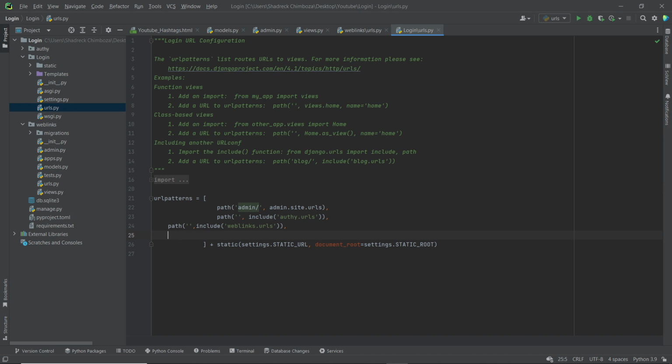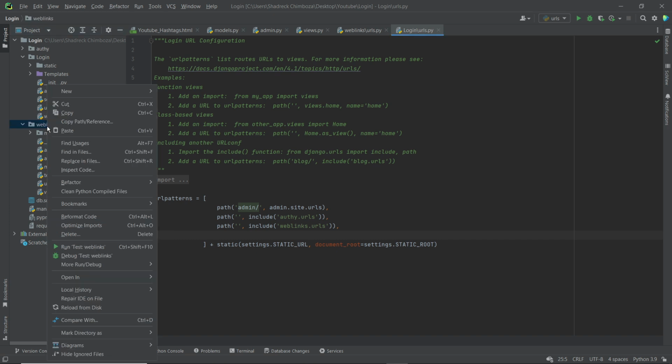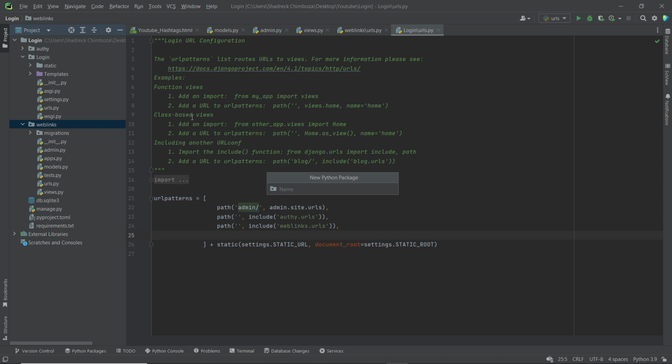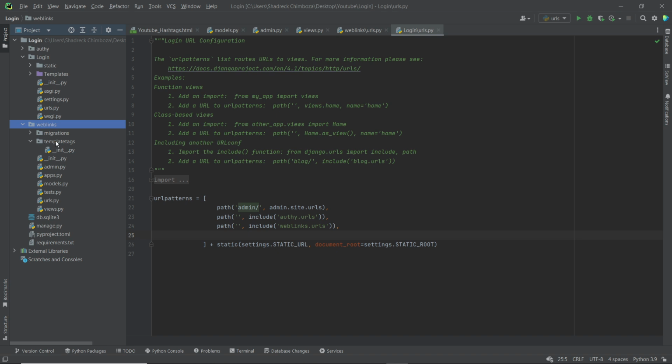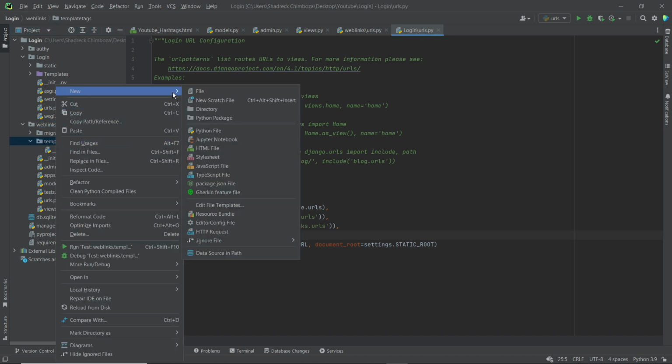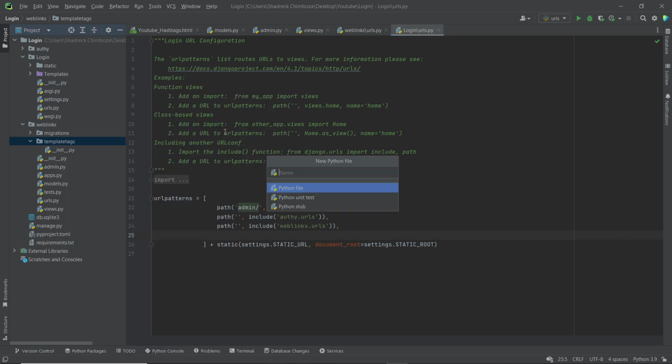After we've created our URLs, we move on to the gist of this video, which is creating custom template tags. That's how clickable hashtags are achieved. First thing we want to do is create a Python package in our app, and name it templatetags. Point of note, it should be templatetags, otherwise Django won't be able to recognize it. After we create the Python package, we create a new Python file in the package and name it extra. You can name it whatever you want for this one.